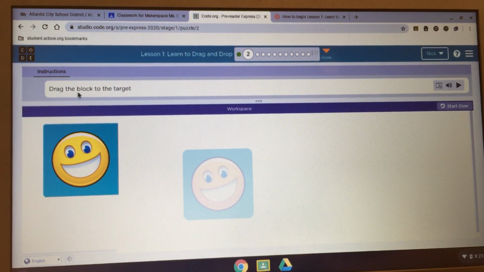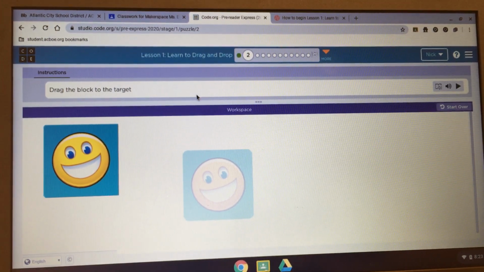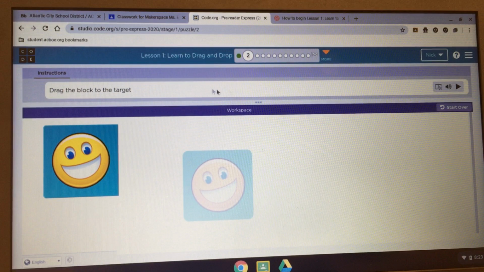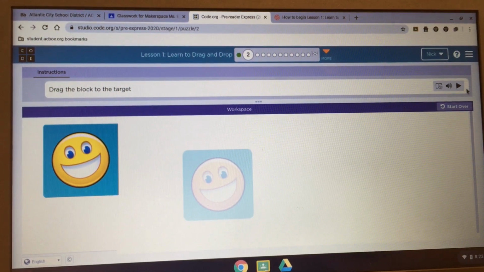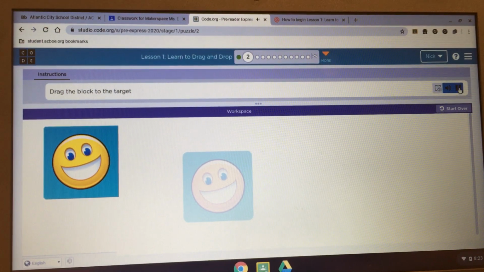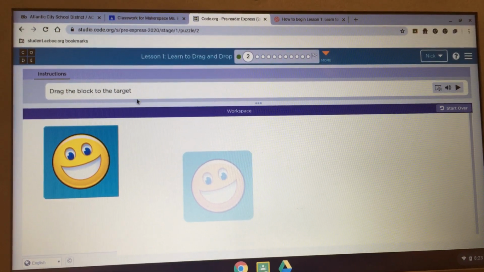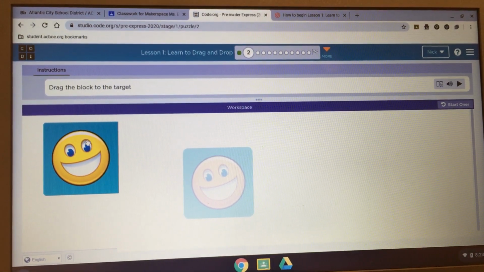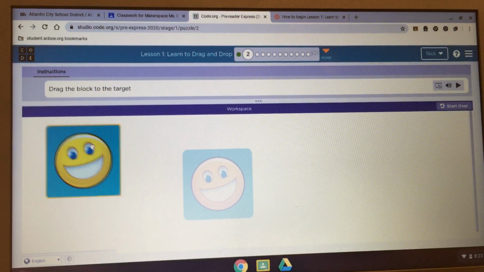This one says drag the block to the target. Now let's say we had somebody that didn't know what the word said or couldn't read it so well or couldn't see it so well. You can always hit play over here. Drag the block to the target. And it will read the directions for you. So we're supposed to drag this block to this target. So you would click on it and hold it down and then drag it